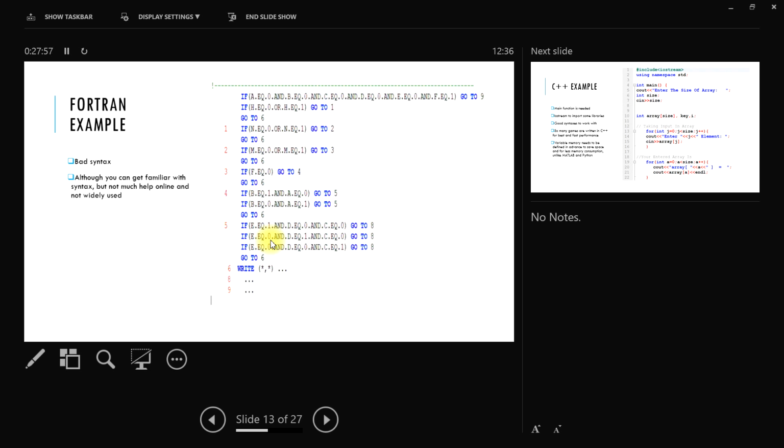R is again gaining popularity. It's for data science mostly. And Scilab, I have used it once, I guess, but haven't used it much. I know it's similar to MATLAB, I guess. Yeah, I've heard that they are similar. Yeah, it's similar to MATLAB, and it's free. R is again similar to Python.